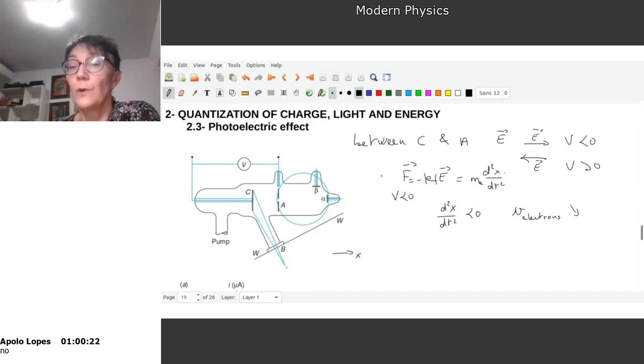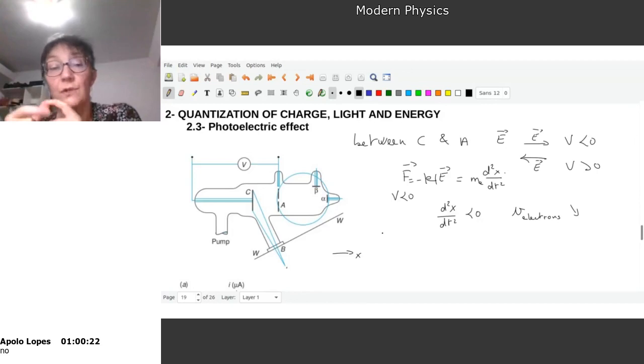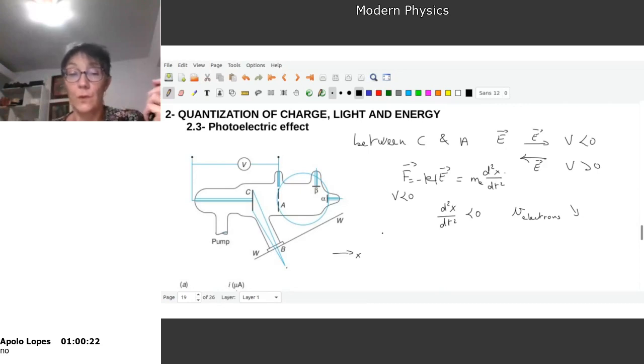I will do it. I will send today the two videos. I think I didn't send the other one, and this one, and a list of exercises, problems, homework on quantization of charge and quantization of light up to now, so about the blackbody radiation, and so